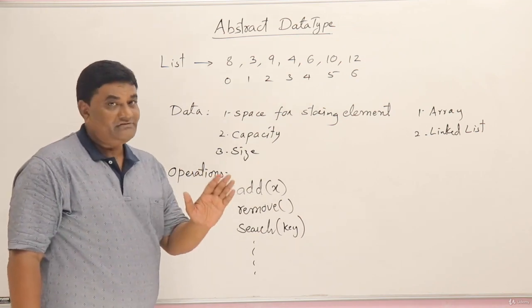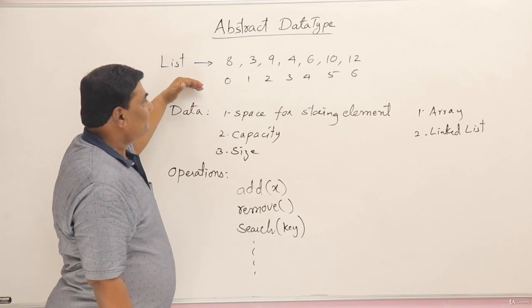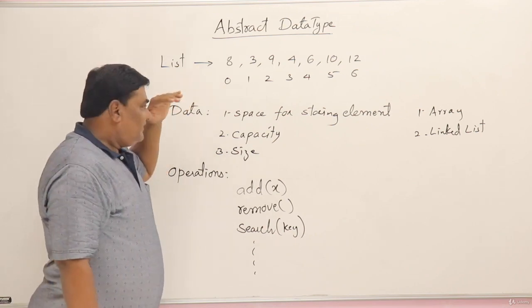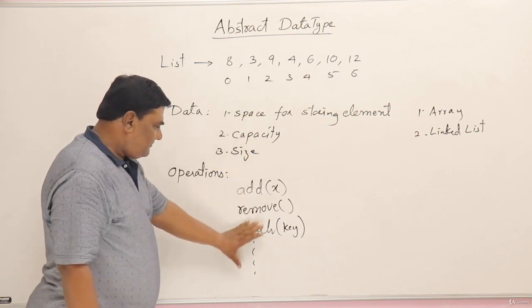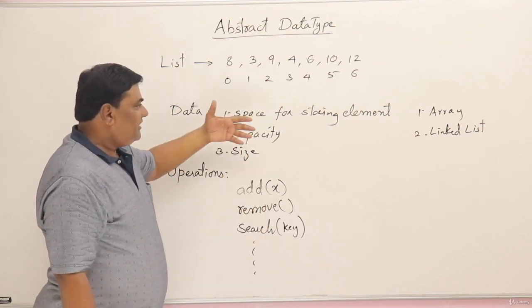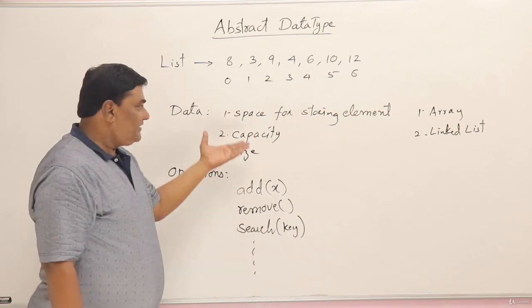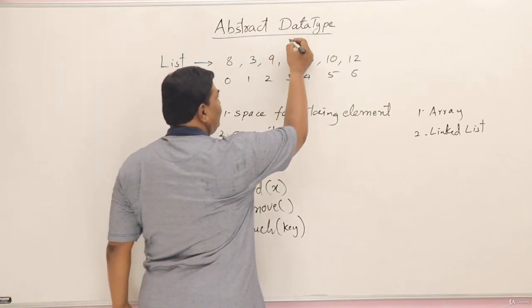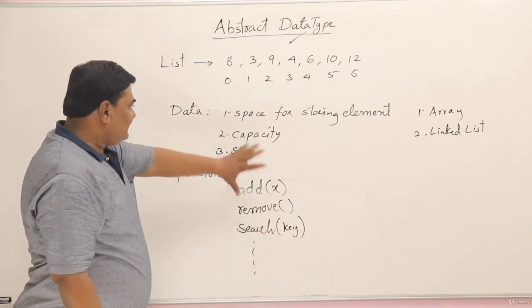Now let me finish abstract data type here. See, this list is an abstract data type. It has the representation of data and the operations on the data. So when you have two things, data representation and operations on the data together, it becomes a data type. Now this I can put together